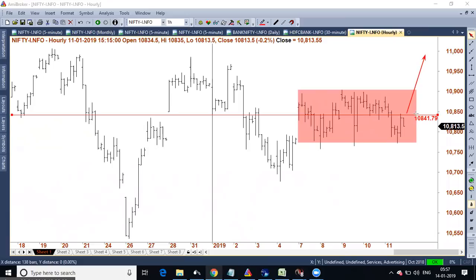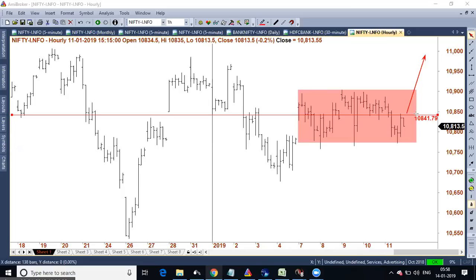That is the bias we can take, if any positive bias has to kick in. As of now, price is trading in a complete frustration mode for almost 5 trading sessions. 5 trading sessions have passed by, but still markets are trading in a very compressed, tighter band. So any positivity has to kick in. Price has to start trading above 10,841, which is a clear-cut sign that possibly we could see some upward trending movement. Most likely, the maximum upward movement we can expect is towards 11,000 at this moment, which also marks the upper band reference level,